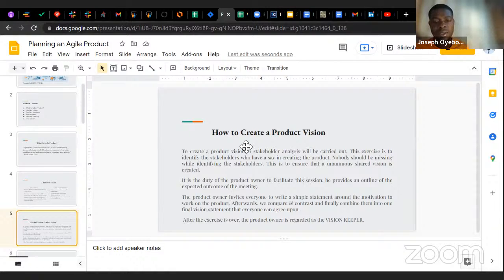We talk about stakeholder analysis being carried out when creating a product vision. What does this mean? Everyone that is supposed to be at the table for creating the product vision, the people that are very important to that product. Of course, we are looking at the product owner. We are looking at key stakeholders, people that have a vested interest in such a product. They have to be on the table at the analysis meeting